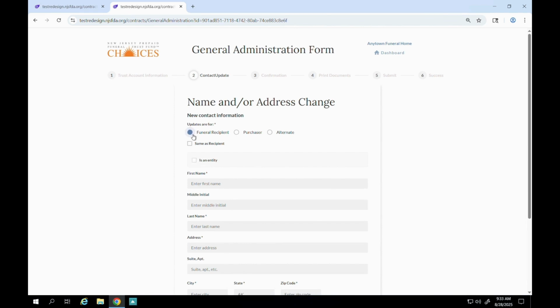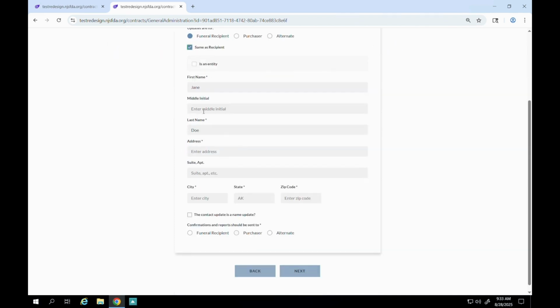If the changes are for the funeral recipient, you may select the checkbox, same as recipient, where it will pre-fill their first and last name. For an address change, enter the new address